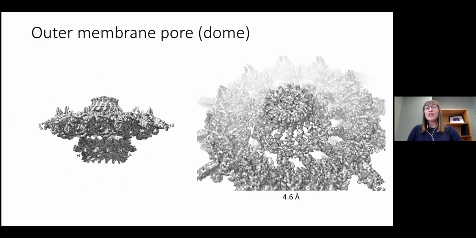And in order to do this type of analysis, I had to downsample the particles, right? These are really big box sizes, and running the jobs on GPUs, they just weren't able to run the particles at approximately 1 angstrom per pixel. So I had to downsample the particles, which means we ended up with a lower resolution. We're at about 4.6 angstroms. But I could finally see what was happening in the dome, which is that it has 16-fold symmetry. So that's yet another symmetry mismatch between the dome and the disc,